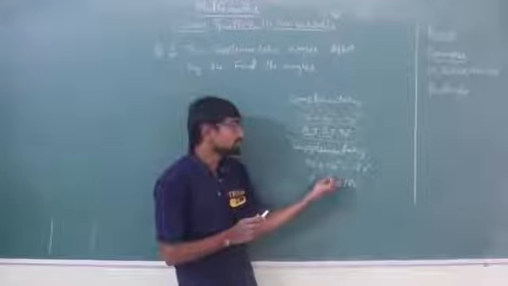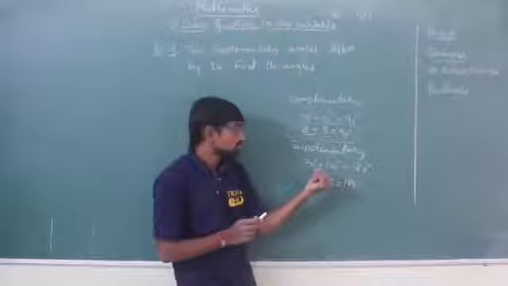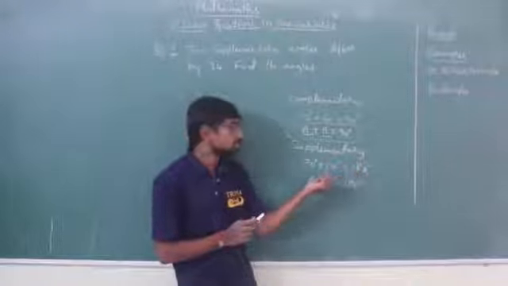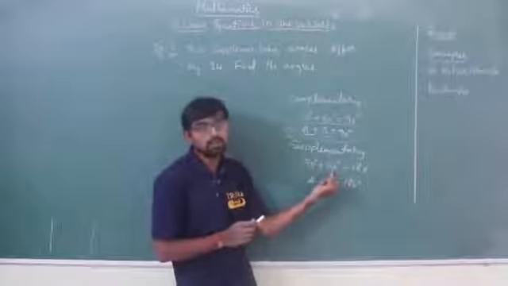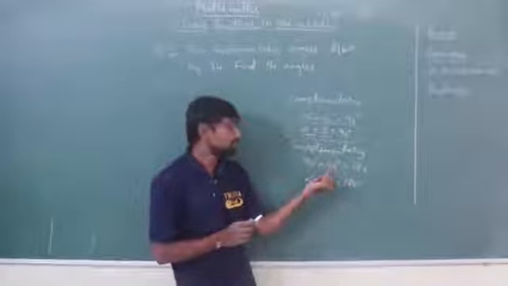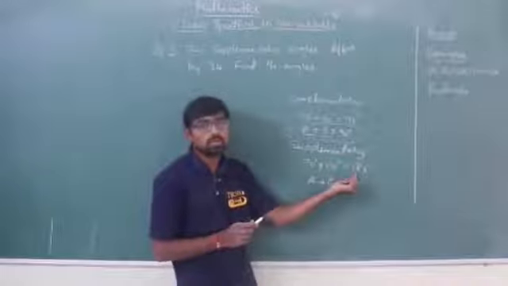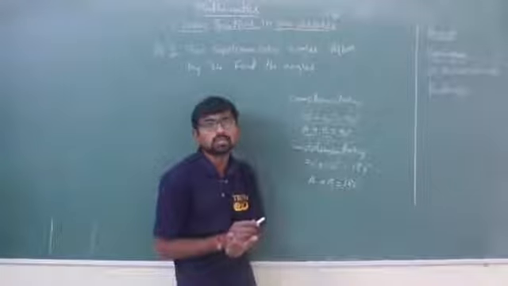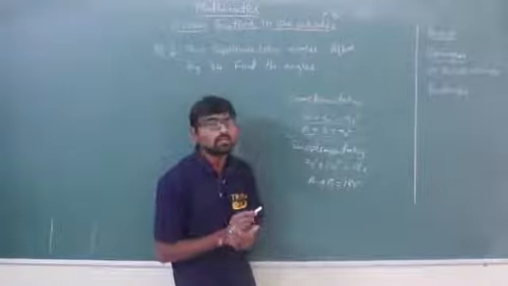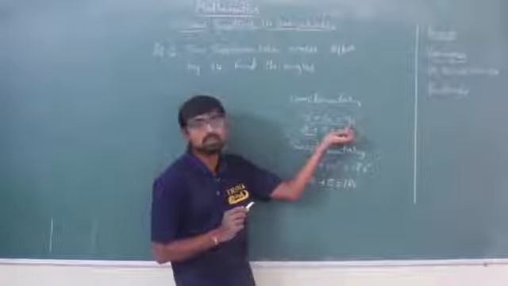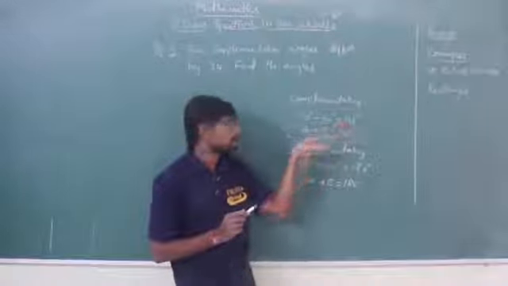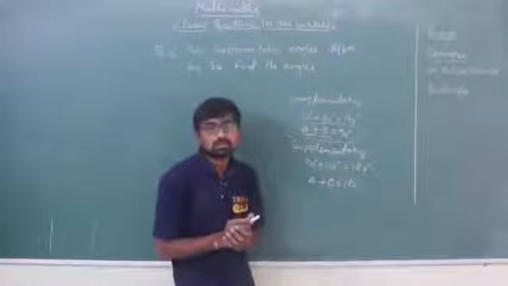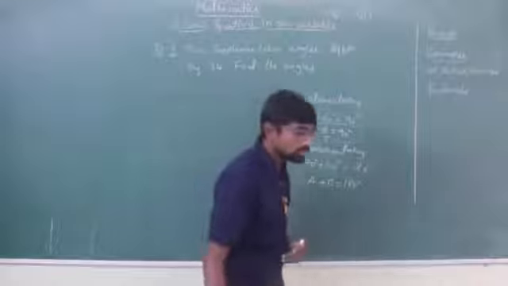In this, 70 is the supplementary angle of 110. Why? If I add 110 to 70, then I will get 180, isn't it? Similarly, 110 is the supplement of 70. Why? Because for 110, if I add 70, then again I will get 180 degrees. So this is how you find complementary and supplementary angles. Complementary angles: the sum of two angles is 90 degrees. In supplementary, if the sum of two angles is 180 degrees, then it is called a supplementary angle. Hope you all understood, isn't it?